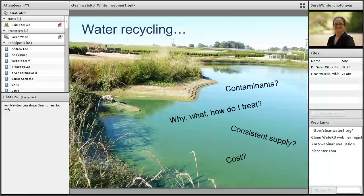And when we talk about water recycling, the first knee-jerk reaction tends to be, is there stuff in my water that's going to hurt my plants, that's going to make it harder to grow the plants? I don't even know where to start. Why? What? How do I treat? Is this going to be a consistent supply of water? Is it worth the cost? In thinking about all of these questions, those are the questions that we are developing answers for, and we'll integrate those answers so that you can feel confident in any decisions